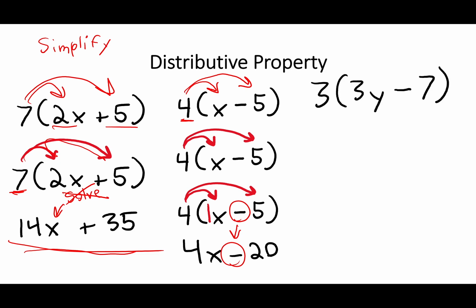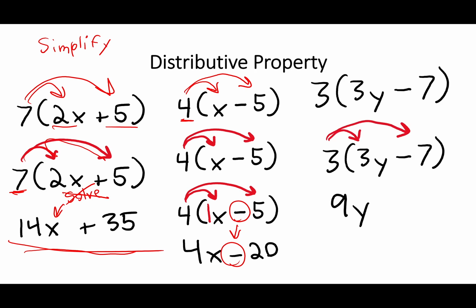Here we're going to distribute the 3 on the outside to the 3 on the inside and the 7 on the inside. 3 times 3 is going to be 9. Don't forget the y. Remember, you're always bringing down the variable. 3 times 3 is 9, and then 3 times 7 is